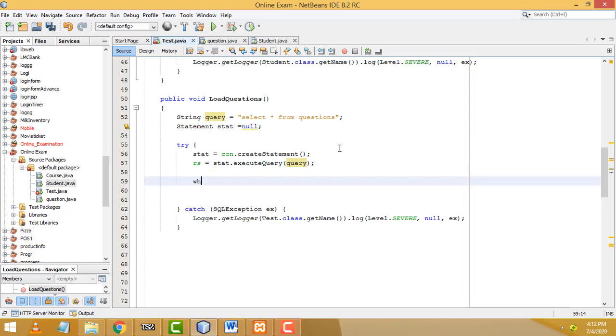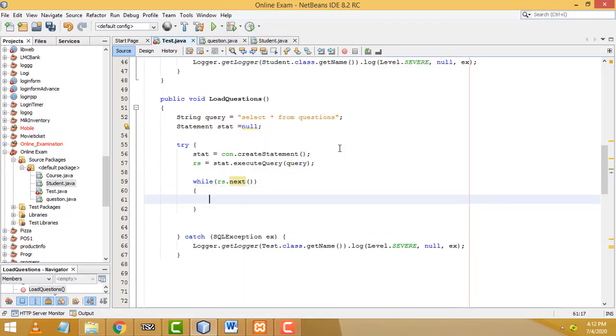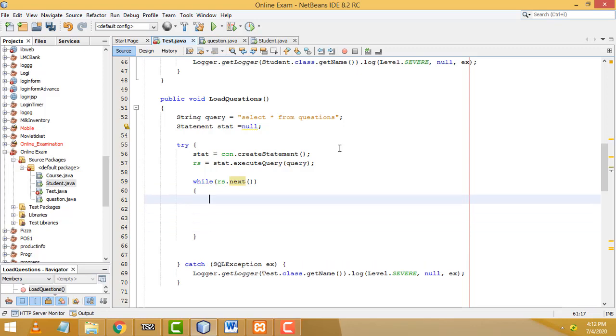After that you have to write a while loop: while rs dot next. Inside the while loop, first we have to write the text box's name. First we have to load the question id.